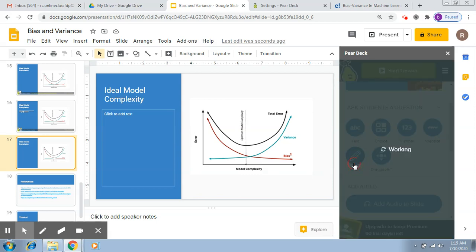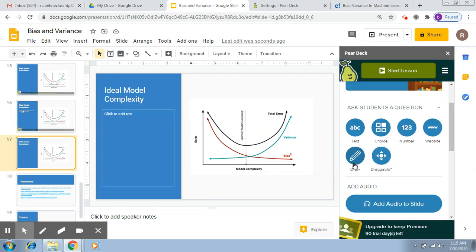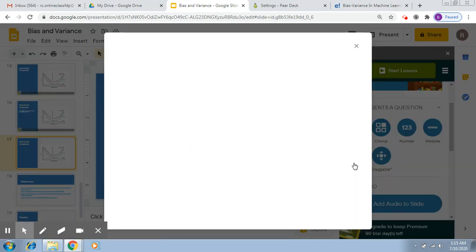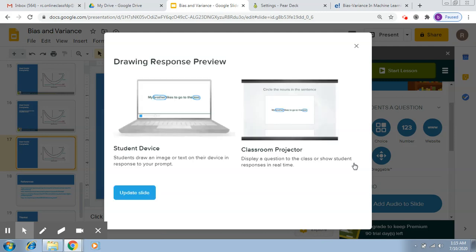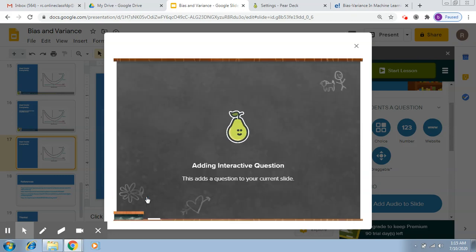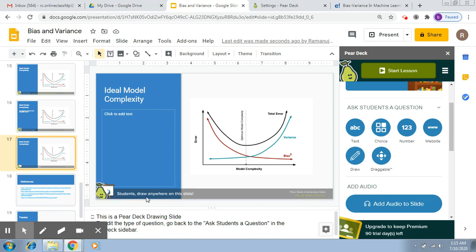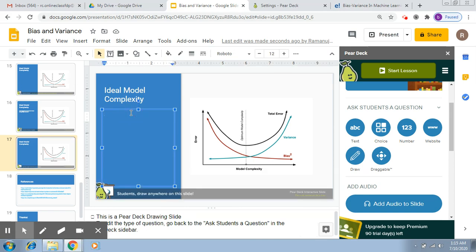So this is draw. You click on it, and what it does actually is it opens a canvas for the student, and he can select an appropriate color, highlighter, pen, pencil, anything, and then the student can actually do a drawing on the slide. So let's add a question here, and my question is,